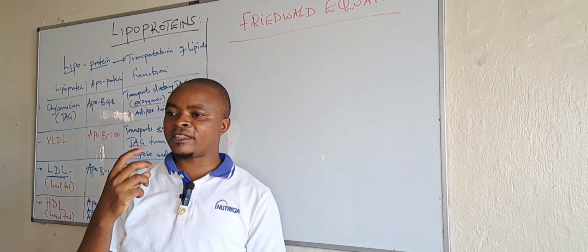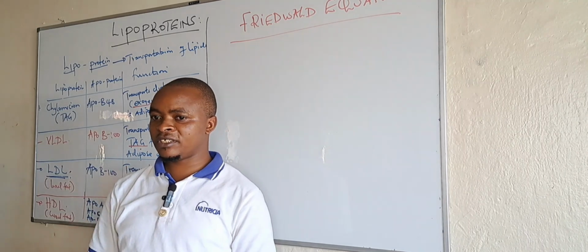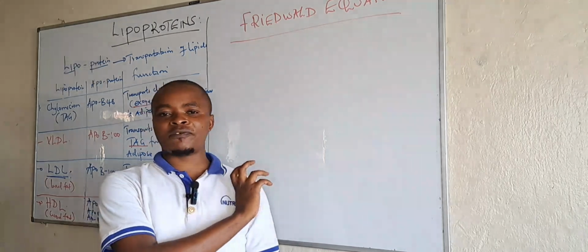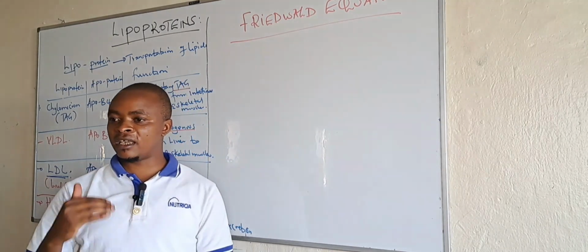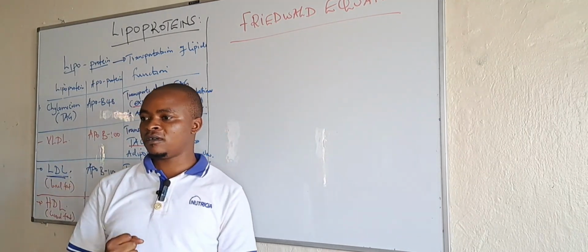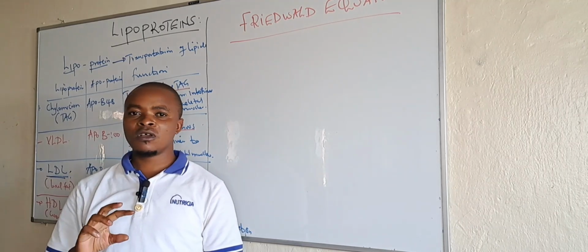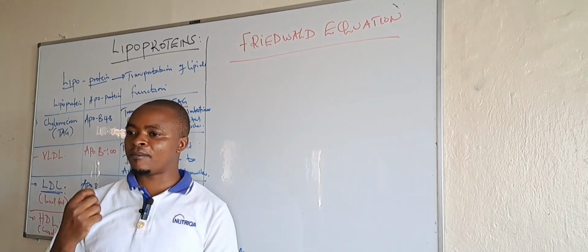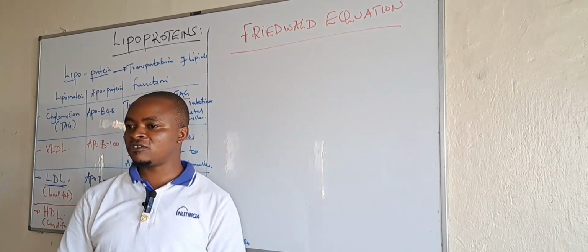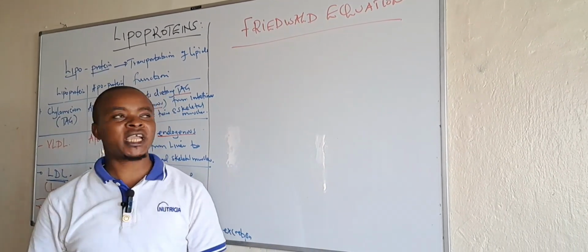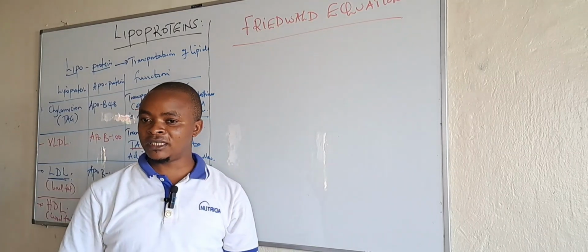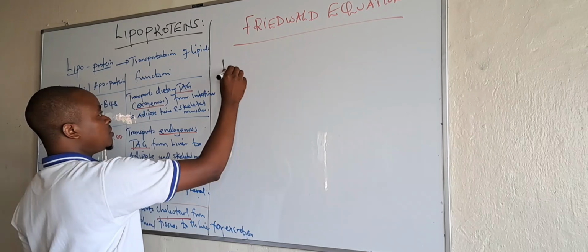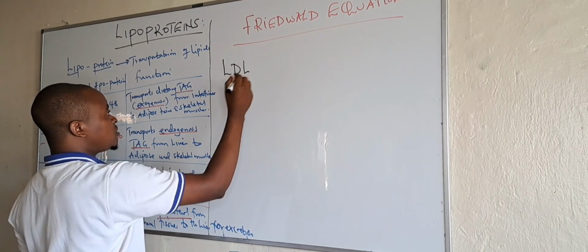You can buy the reagent for total cholesterol, for HDL, and triglycerides. Then you can use this Friedewald equation to calculate the concentration of low density lipoprotein. In this generation, we don't expect you as a medical student, especially a laboratory student, to buy a reagent for low density lipoprotein. We can always use the Friedewald equation, whereby this Friedewald equation says that LDL, if I'm calculating LDL